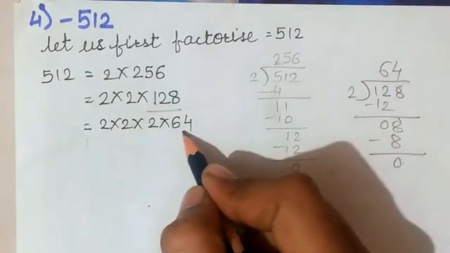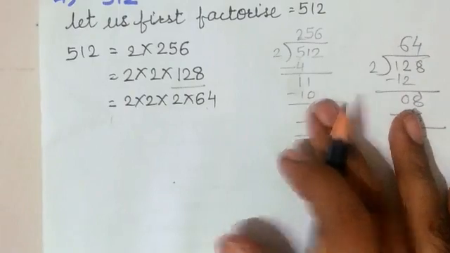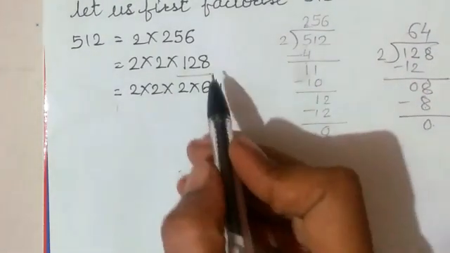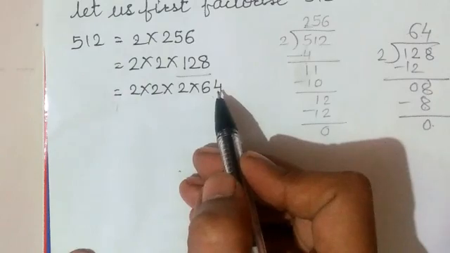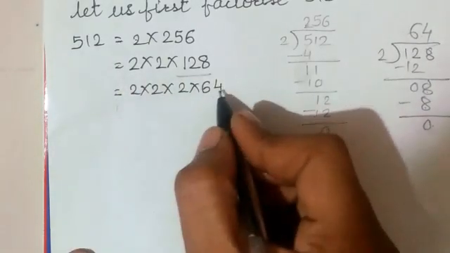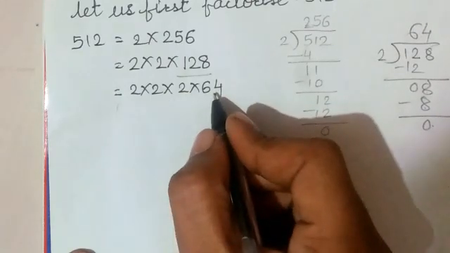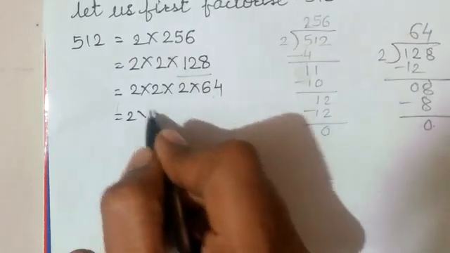This 64 we have written here. So this type of rough work you can do aside. Now this 64 is there. As we know that 64 is a cube of 4, we can use the 4 for dividing. This 2 times 3 we have to continue.